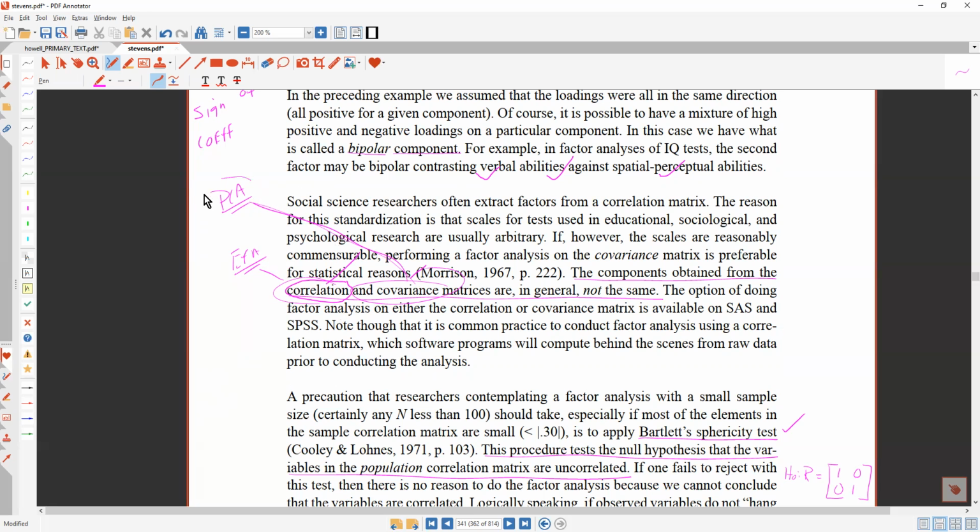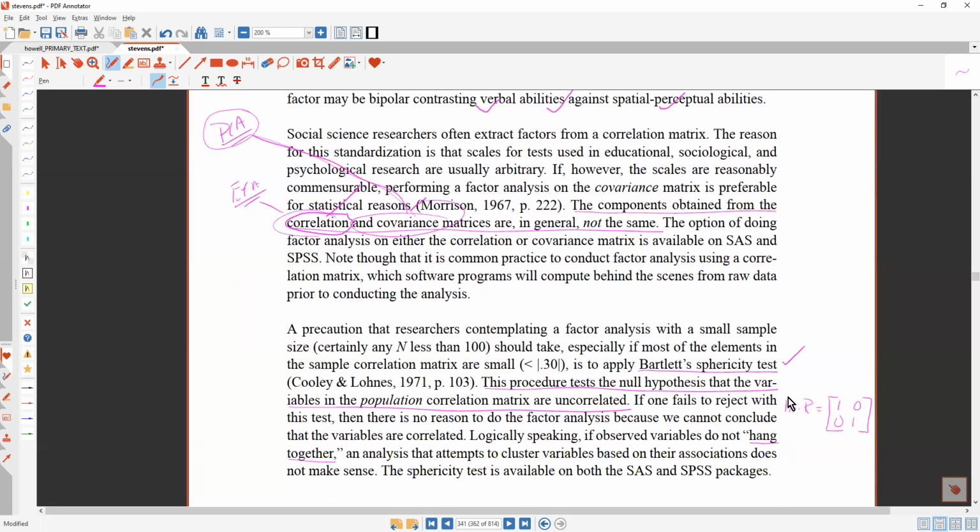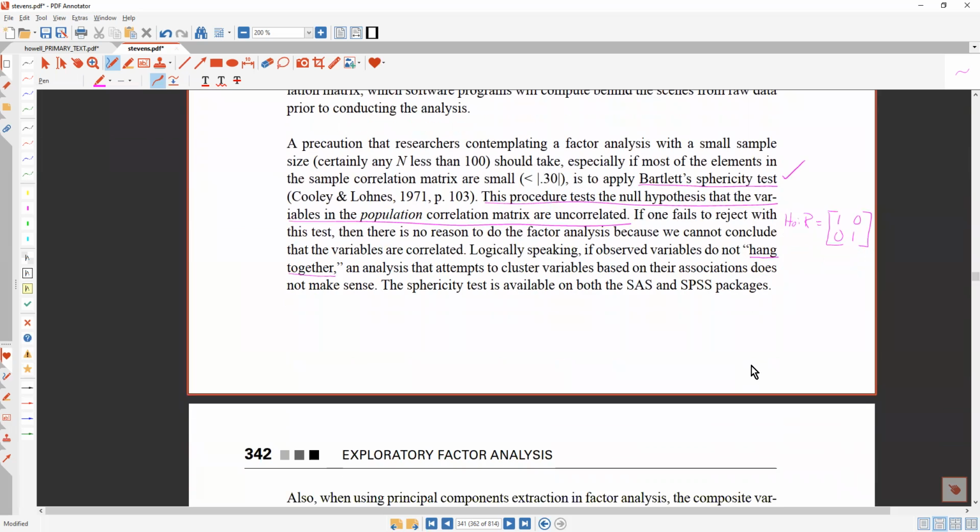But don't hold hard to that and say PCA has to be done on a covariance matrix, because it doesn't. But the spirit of these techniques is that PCA is associated more with the covariance. Now, we're also going to look at a test here that you can obtain in R and SPSS called the